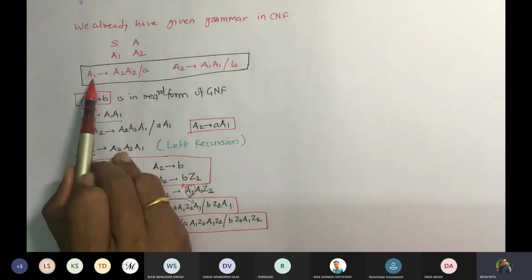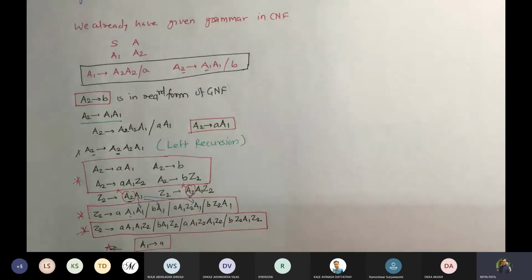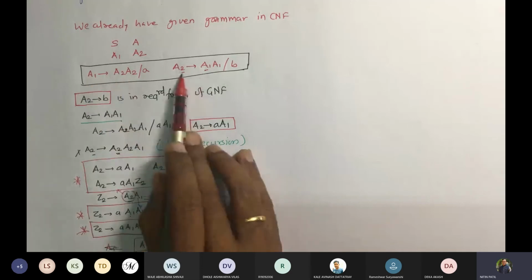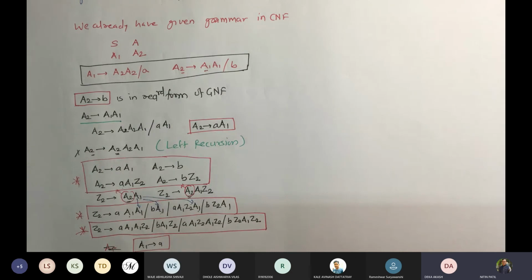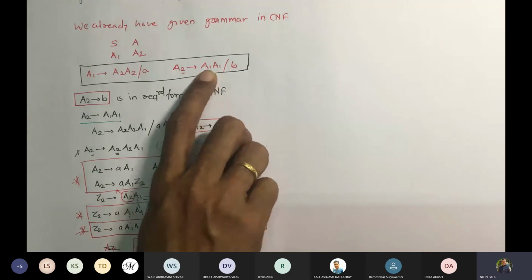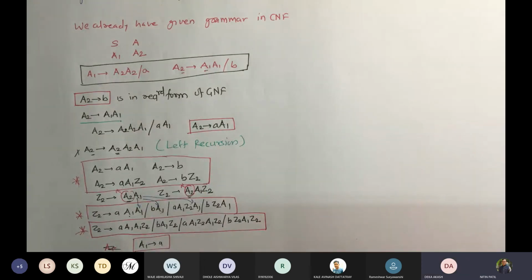How to pick this? You have to start with the production where this index is higher than this index. Okay, if this index is lesser, then you are not going to consider that. But you have to consider this production where the index towards left side is higher than index towards right side. Is that okay? Sir, if we do not find any index like that? If it is not found, then suppose this is not there, so you are going to replace only this A2 by those your solution. So we will take similar kind of example as well.